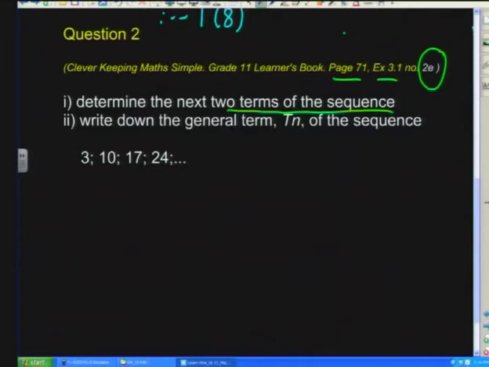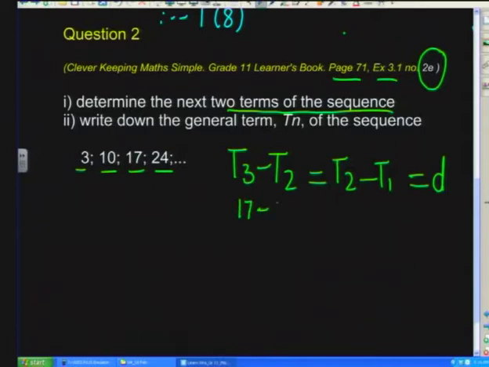Remember, to check that this is linear, we're going to say, is there a common difference? So term 3 minus term 2 must be equal to term 2 minus term 1, and this will give us our constant first difference if it is a linear sequence. So let's have a look. This is term 1, term 2, term 3, and term 4. So term 3